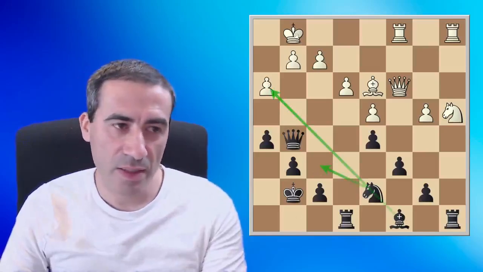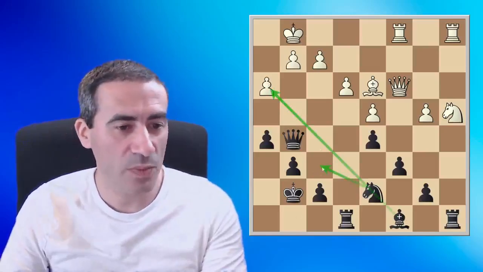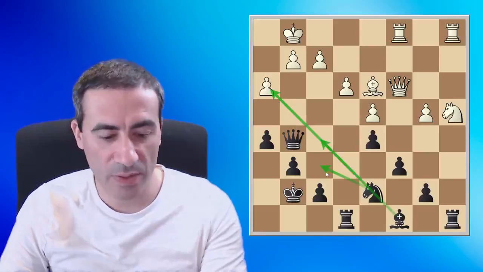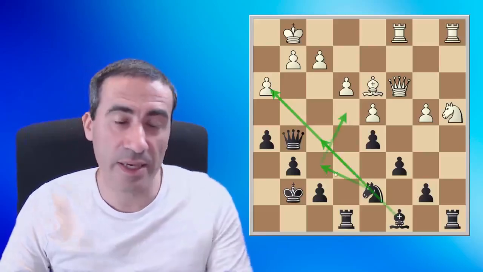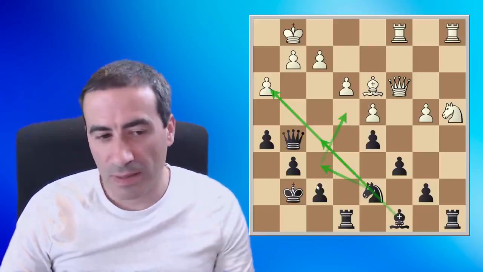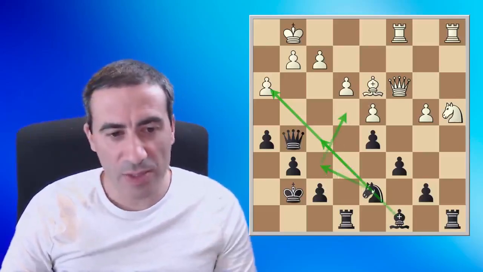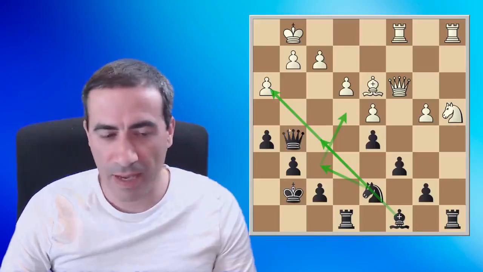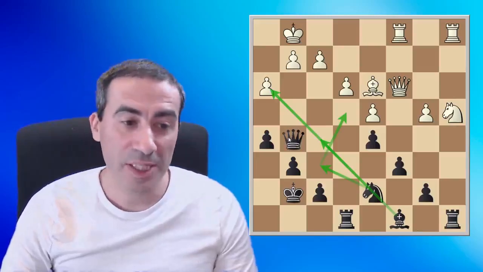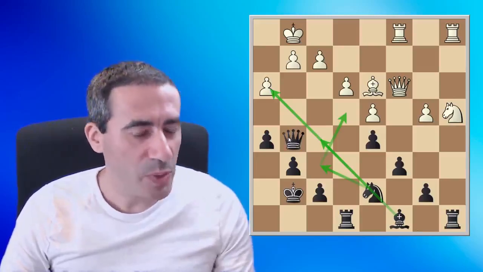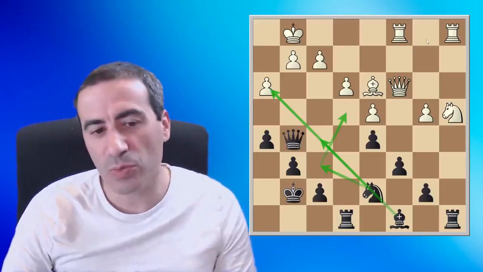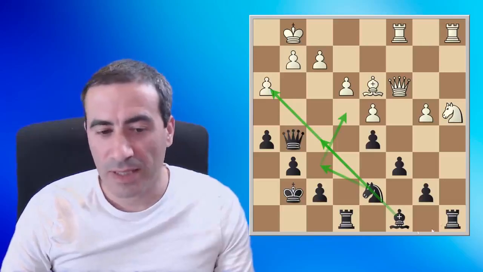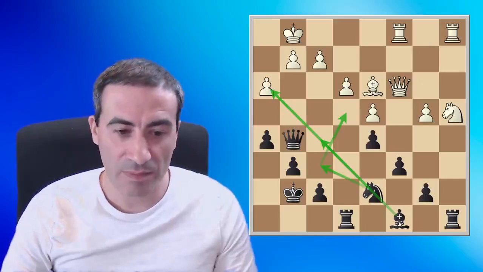In case white moves his king, then we can play bishop f5 to trade the bishops, and also knight e4 is in the air. So suddenly Kramnik has a lot of play, and I find his strategy really instructive, because if you look at this position, you see that white was able to follow his usual plan, the minority attack, and Kramnik has still pieces